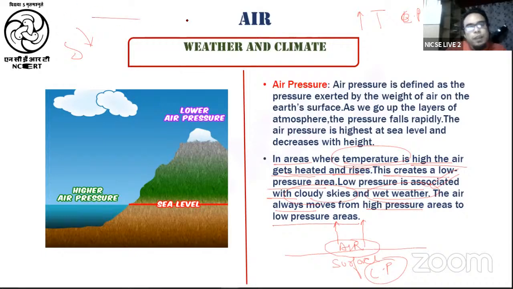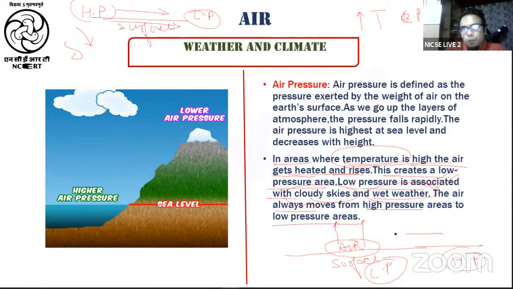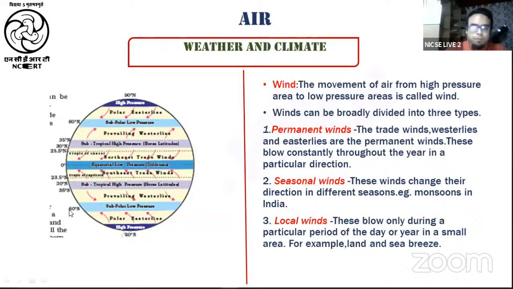So at the surface of the earth, if we have two areas, suppose here we have a high pressure and here we have a low pressure, always remember, if this is the condition, at the surface, the air will always move from high pressure towards the low pressure areas, right? Now suppose here we have the low pressure, in the adjacent area we have a high pressure. Your air will always move from high pressure to low pressure along the surface of the earth, right?